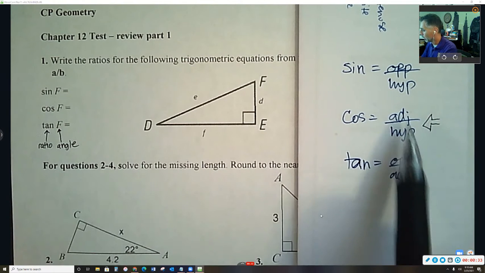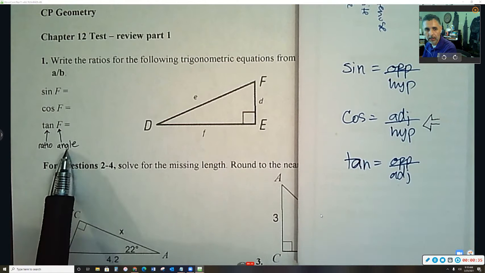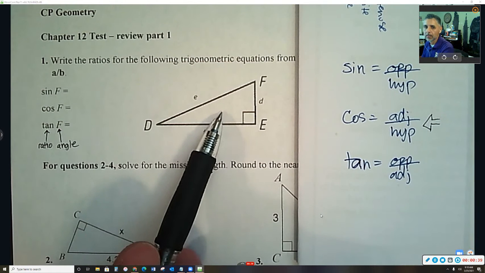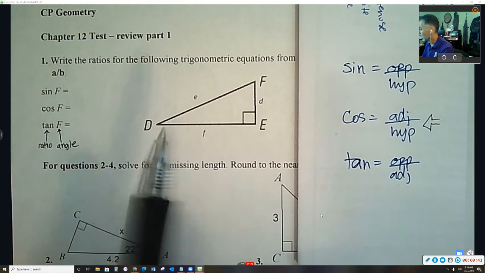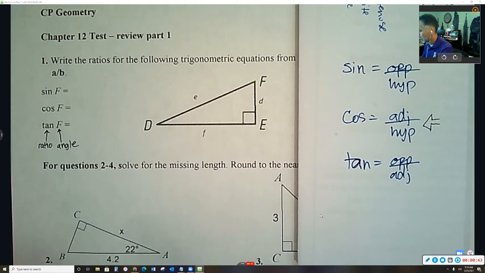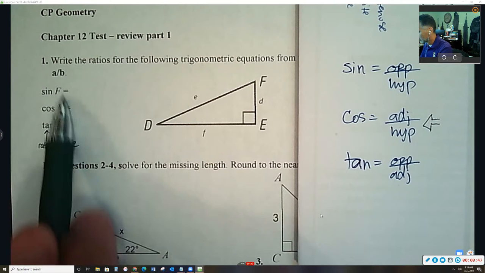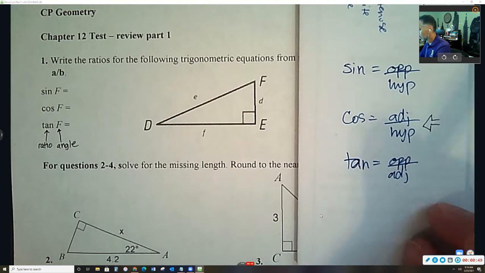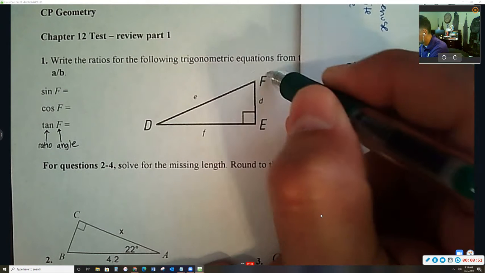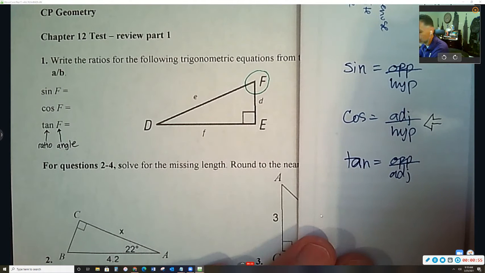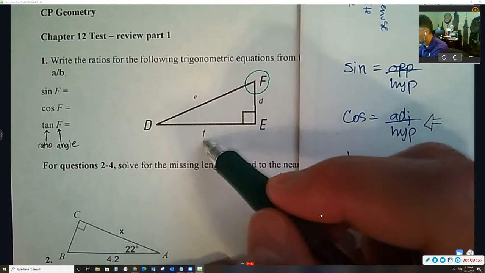Again, these are the three different ratios, and then this tells us which angle we're going to be looking at, which acute angle. It's actually an acute angle we're going to be looking at in the right triangle. And all of these I'm doing together because we're all using angle F here. So in my diagram, let's go ahead and identify the angle F, and then we're going to identify the sides as